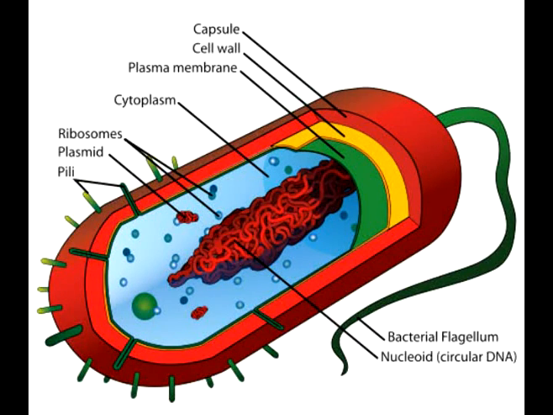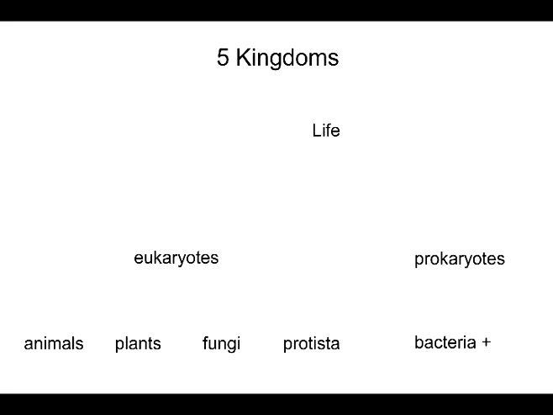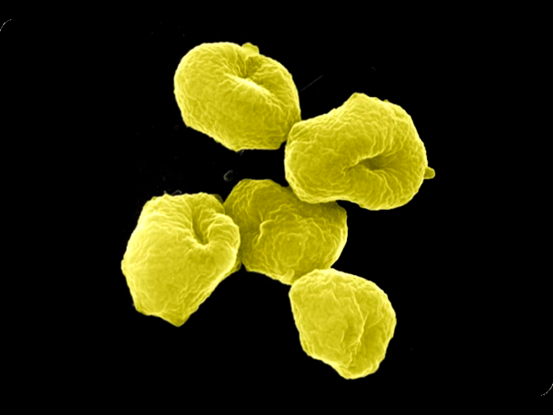Unlike plants, animals, fungi and protista, bacterial cells have no nucleus. Their inner structures have no surrounding membranes. So bacteria were designated prokaryotes and everything else eukaryotes. So we moved on to a five-kingdom system, which is about where biology was when I left school.